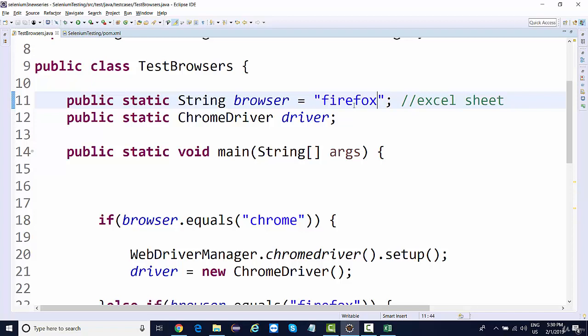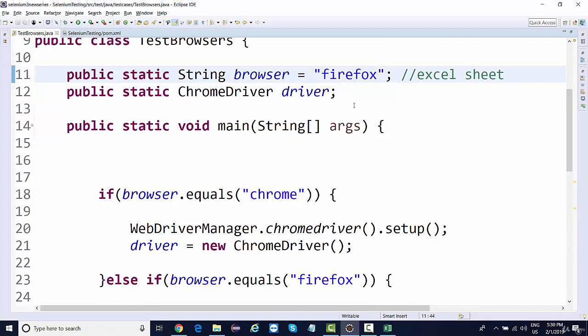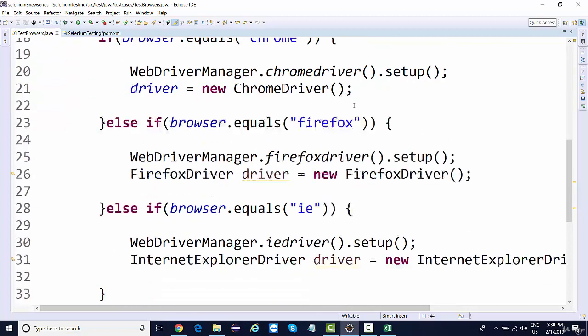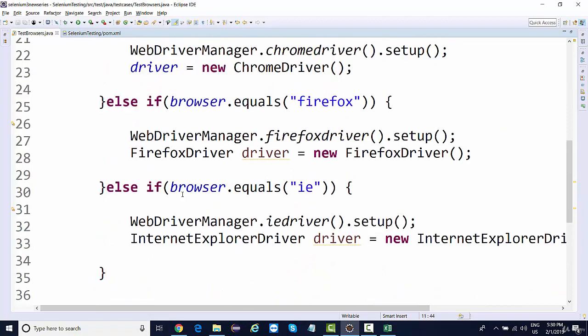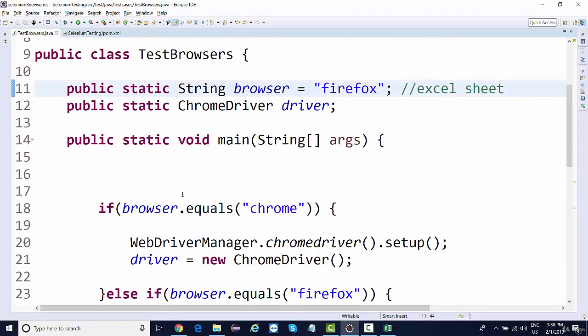If I run this now, will it launch Firefox and execute everything? Or will it error out in the beginning itself? So straightforwardly, as soon as I run it, it will error out. So what will it do? Will it run or will it error out?